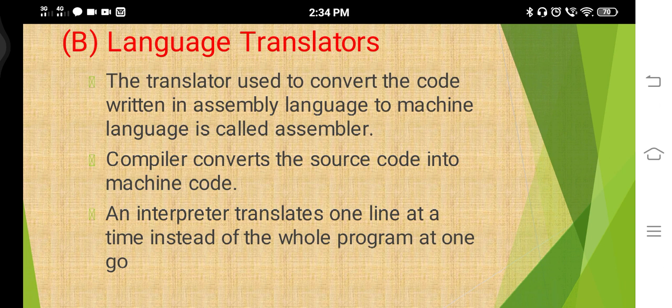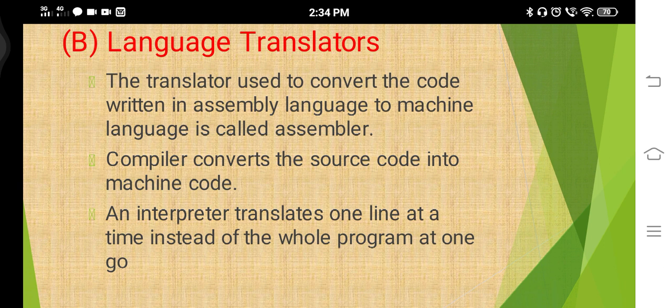That's why some codes are given for that particular language, and using these codes or keywords we can write the code of that particular programming language, that is known as low level programming language. In low level programming language assemblers are used. And the next one is the compiler. This is also a language translator.